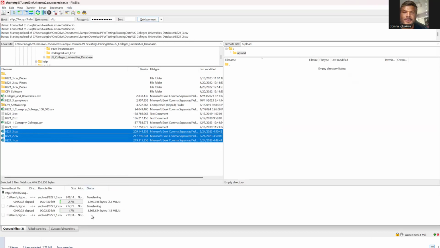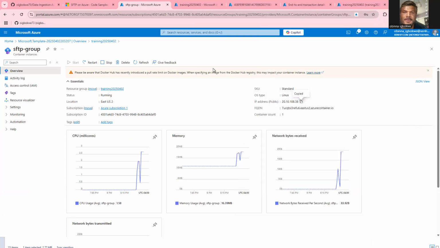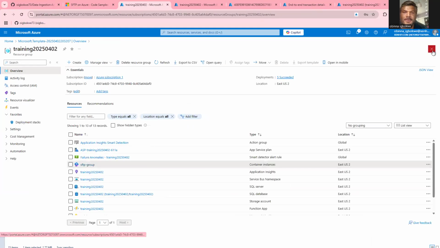So I'm just moving a bunch of files from point A to point B. This can take a little while. But while that's moving, what we can do is go into our Azure account and look at that share that we created earlier. I'm going to shrink this for now. Go back into it, and you can see the performance here, CPU usage here as well. So we're going to come off here, go into our storage account,